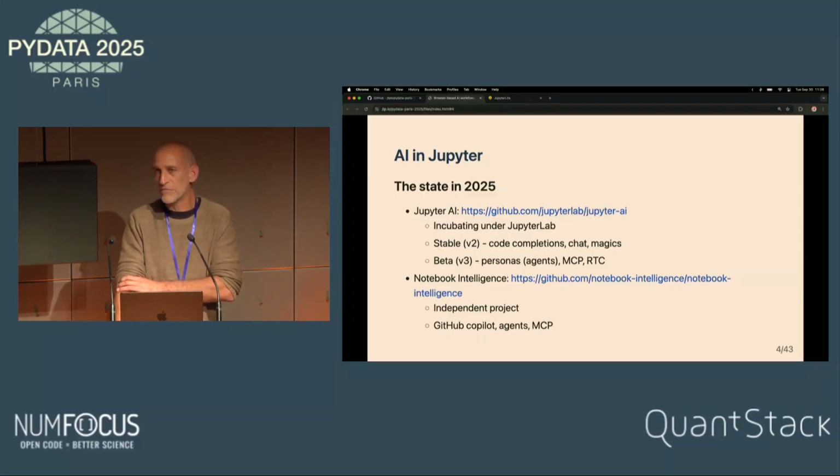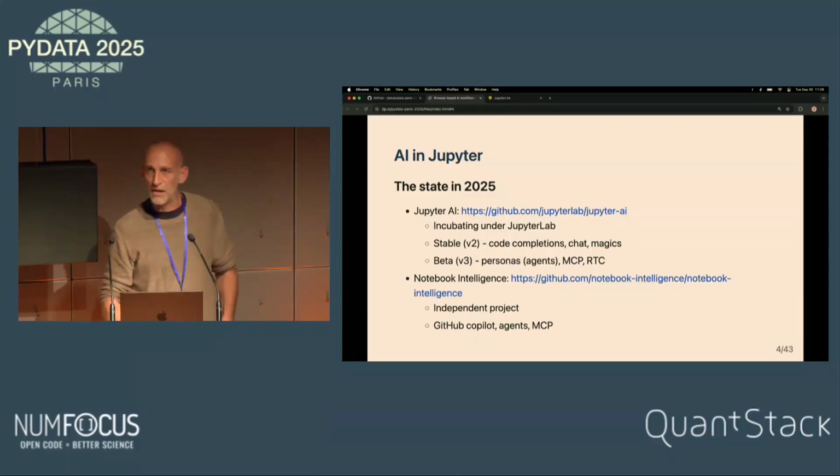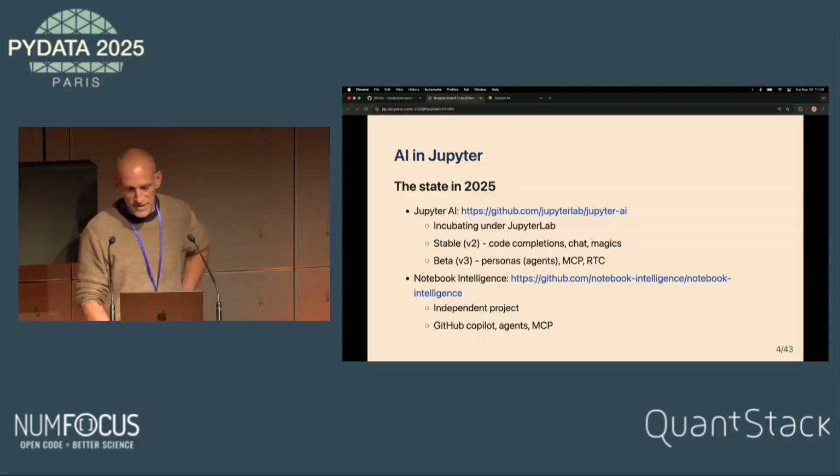Again, MCP server, very quickly, because Jeremy will talk about it, is a way to have some tools on a remote server and to use these tools. And also the new version of Jupyter AI will work in real-time collaboration. That means that the language model will be seen as a regular user in a collaboration system.